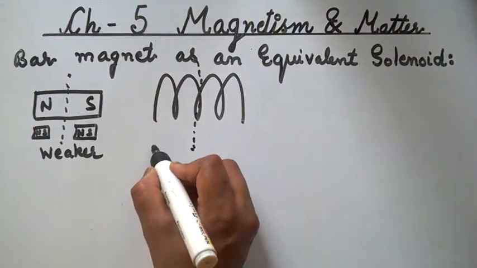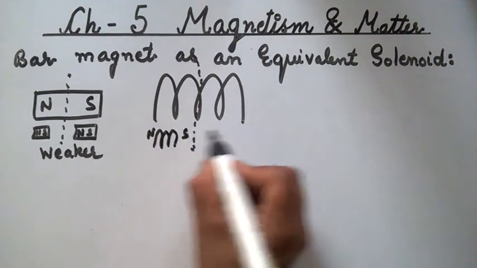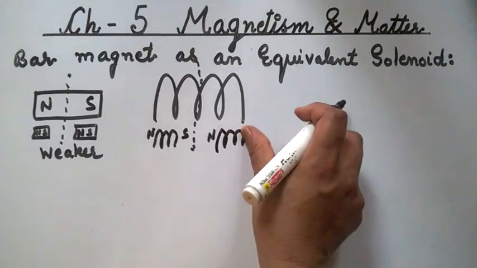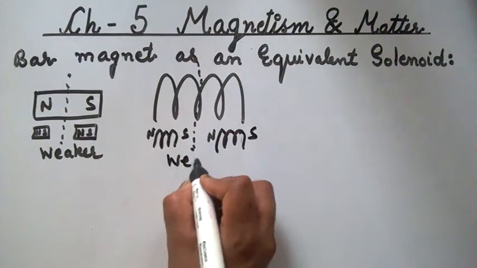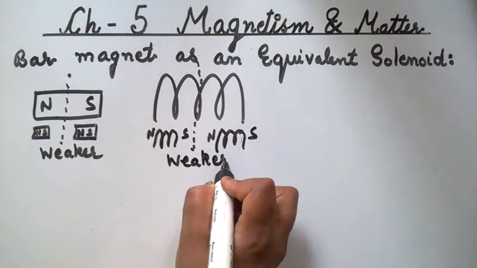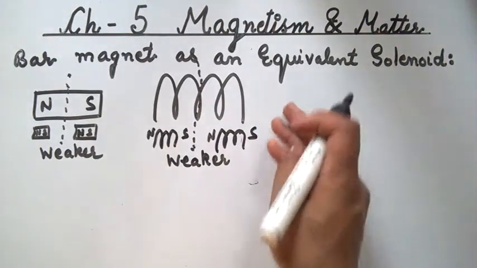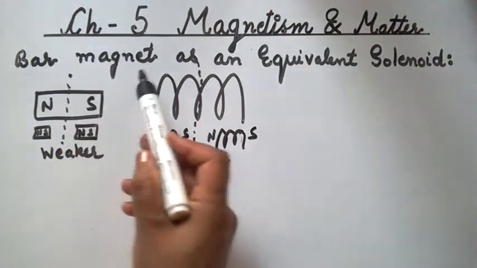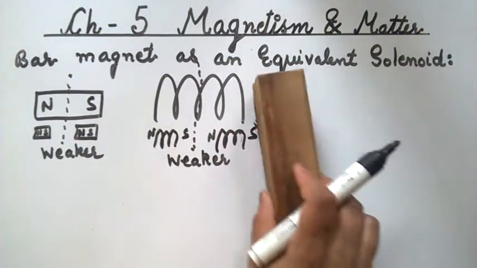Similarly, if we cut a solenoid into two parts, it will divide into two smaller solenoids having north and south poles. Here also, each is a weaker magnet. So we have studied this, and we can say that a bar magnet behaves like an equivalent solenoid. Now let's prove that